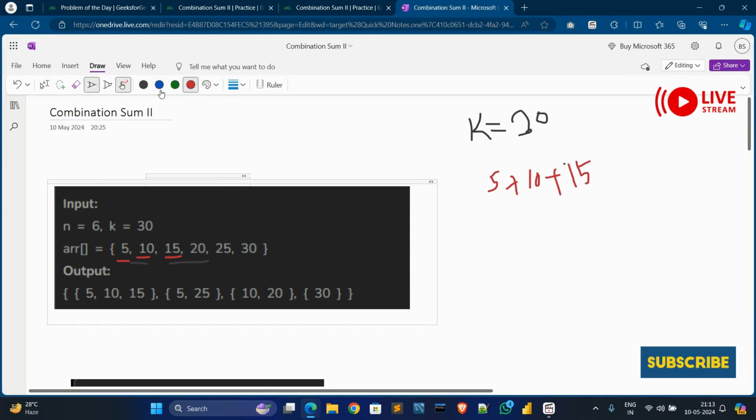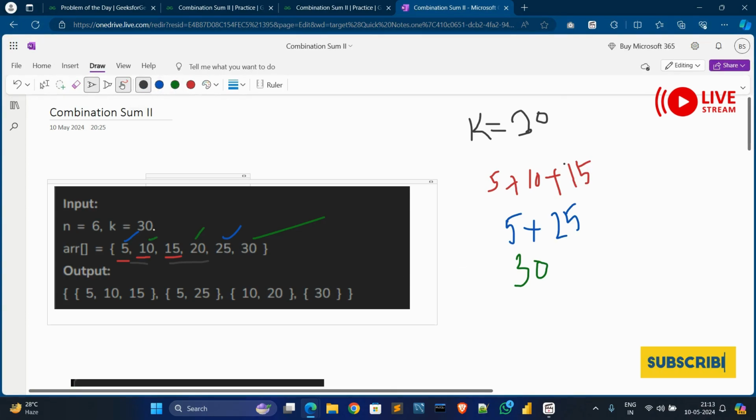The second combination will be 5 and 25. 5 plus 25 is 30. This is our second combination. The third combination will be only 30. And the fourth combination will be 20 plus 10.